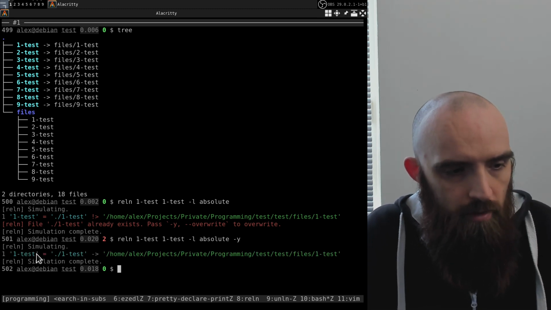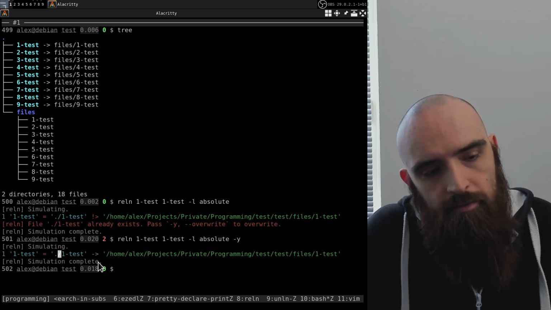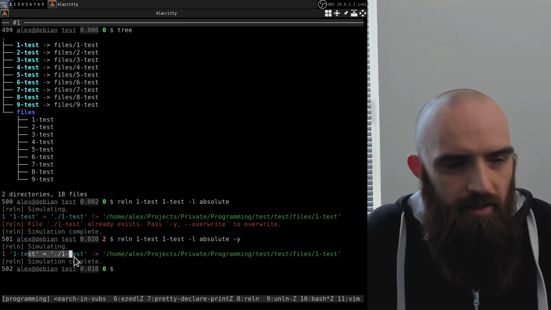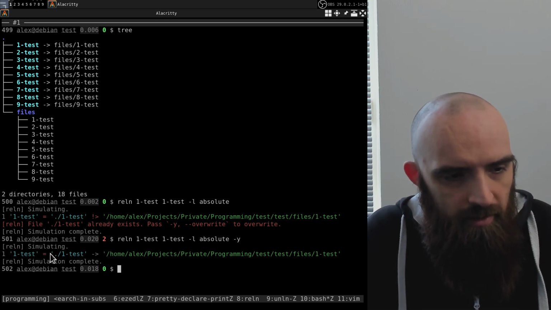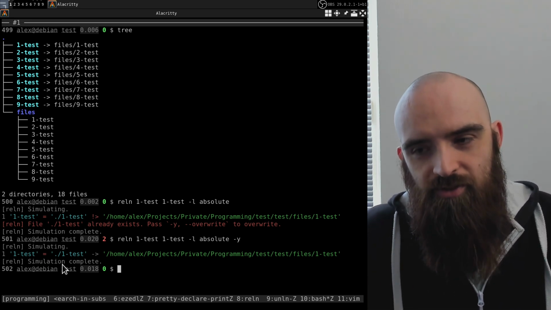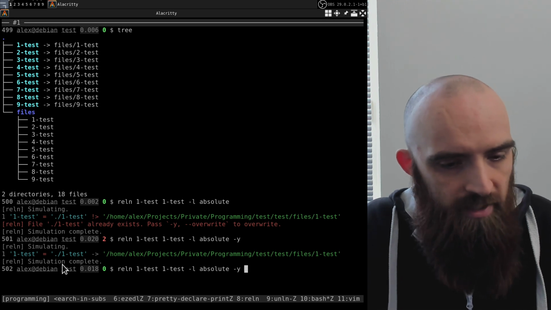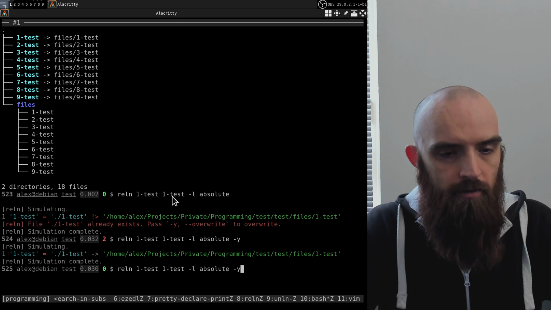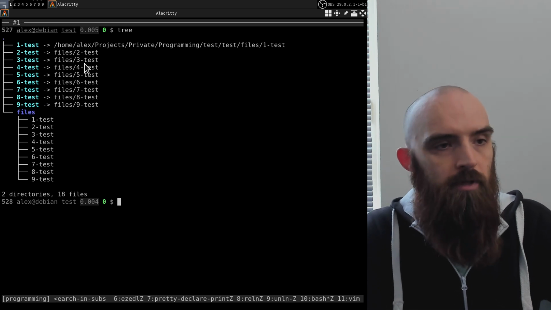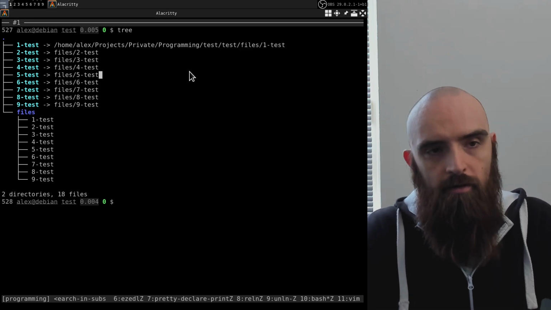So in this case, it will replace the file. This equals sign stands for replace. So instead of the X that you get when it's removing the original file, when you are editing the same link in place, it's using the equals sign to represent that, but it's still highlighted in red because there's a change occurring there, and the original link will be removed, but a new one will be put in its place right away. So that's what the equals sign in the output represents. So now if I run this, we can see that the type of the link was changed. So now it's using the absolute path instead of the relative path,